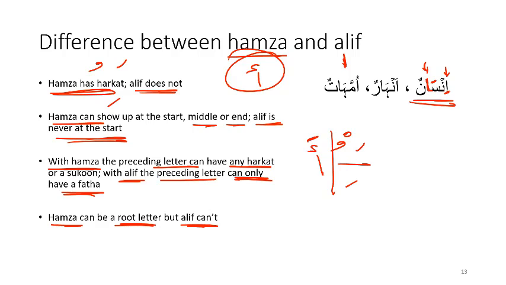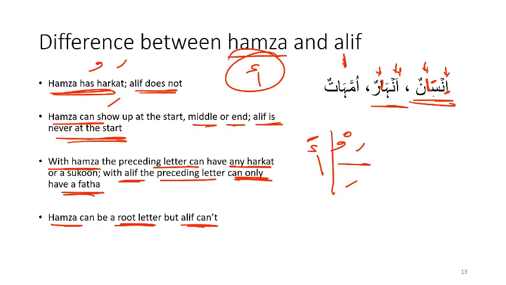A Hamza is actually a real letter. A Hamza can have any of the harakat: zair, fatha, zamma, kasra. It could have a sukoon, whereas an Alif is something that only has a fatha before. What about over here? Anharun. Notice the first letter is a Hamza, and this one again is an